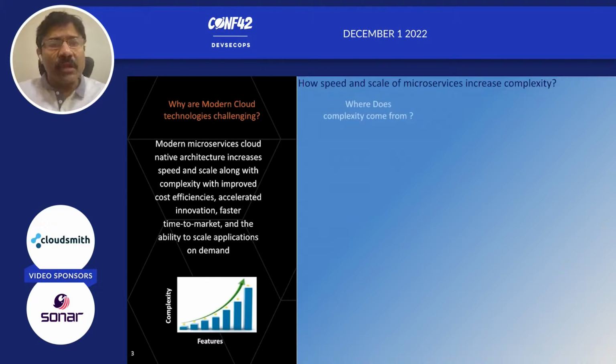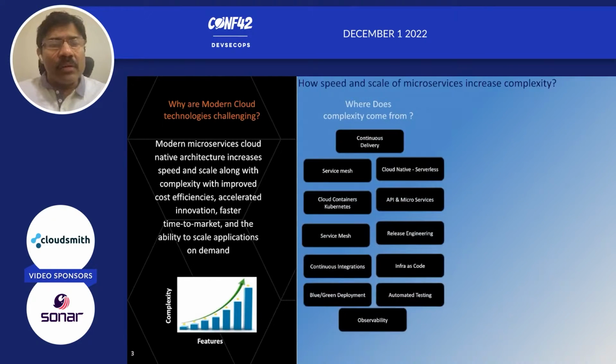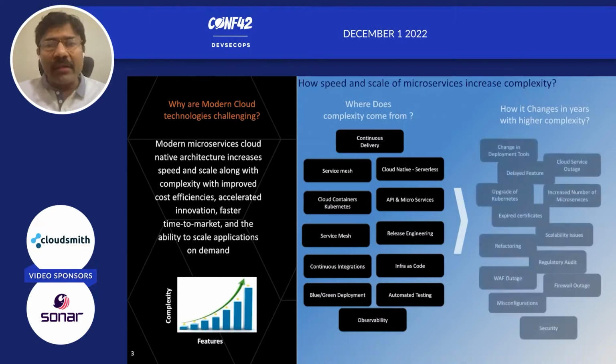Where is this complexity coming from? We are creating and deploying new features with continuous delivery, cloud-native serverless architecture, APIs and microservices, service mesh, and release engines. All those are very good for making sure you are continuously innovating and deploying new features, but that also increases the complexity. Then, after a month, and again at the end of the year, you will see it is very difficult to manage and maintain that entire complexity, because complexity is continuously increasing